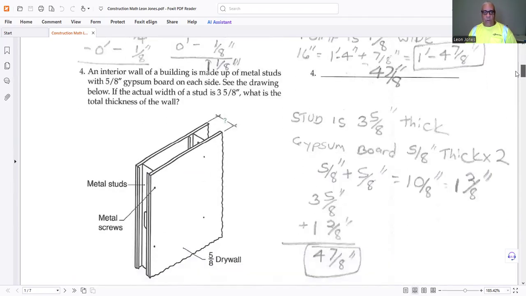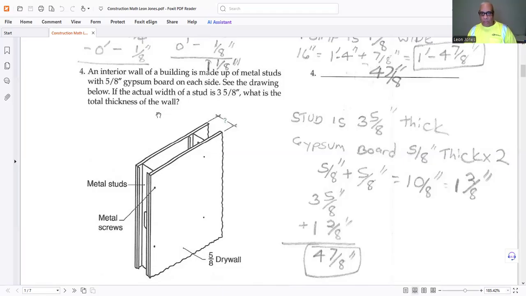Okay, an interior wall of a building is made up of metal studs with 5/8 inch gypsum board on each side. See the drawing below. If the actual width of a stud is 3 5/8 inches. Again, we have a gypsum board wall, which is basically 5/8 inch. It's gypsum board, and that's on each side, according to this picture. Now, here's your gypsum board on each side, 5/8 of an inch. Here's the stud right here. So if the stud has a width that is 3 5/8 of an inch,